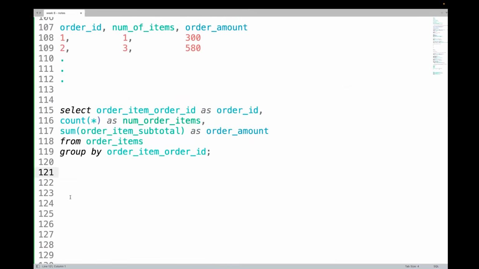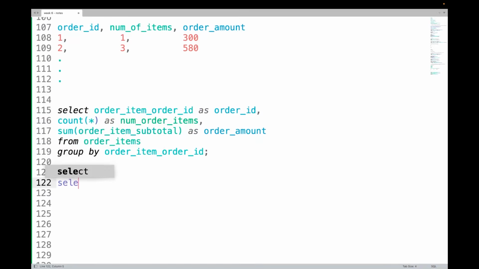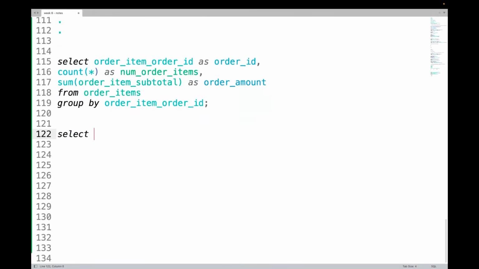So I can write select average, and I can say number of order items. So you can see this column basically I want. Select average of this, comma, average of what? Average of order amount,